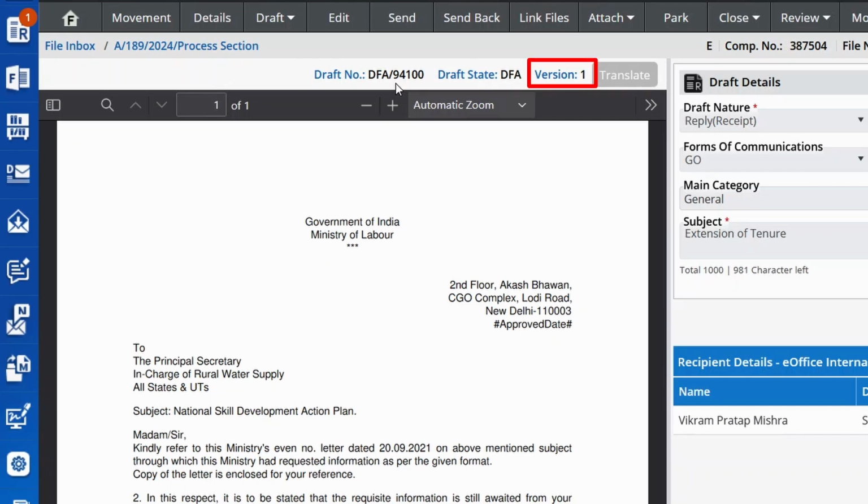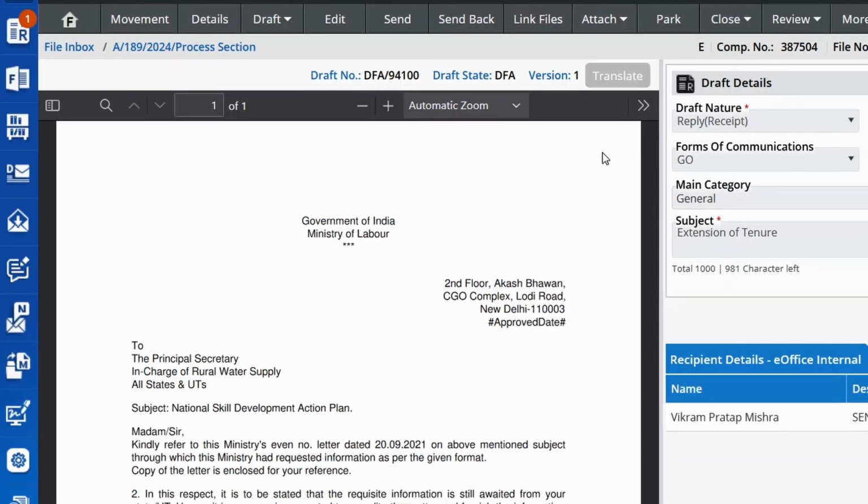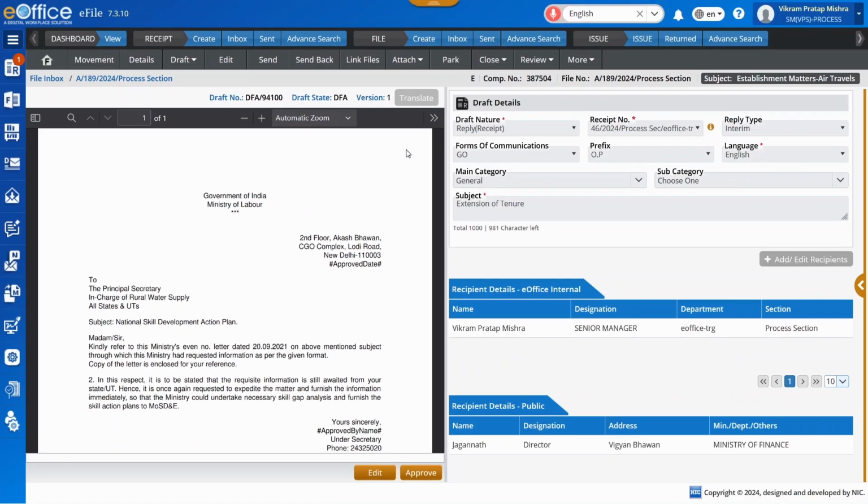number, which keeps changing for every change made to this draft, with a movement of the file taking place in the channel of submission. You can now refer to this draft number in the green note and forward the file in the channel of submission for necessary action required. That is all on creation of drafts. In the next section, we will explore editing or making revisions to the drafts pending for approval, that is, drafts with DFA status.